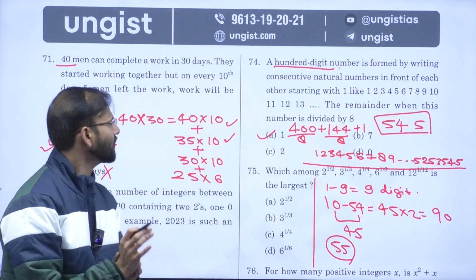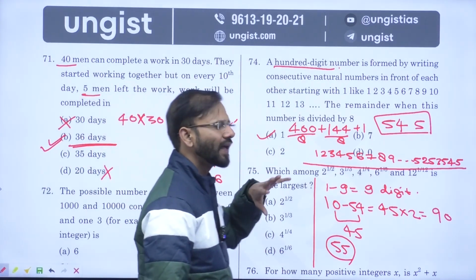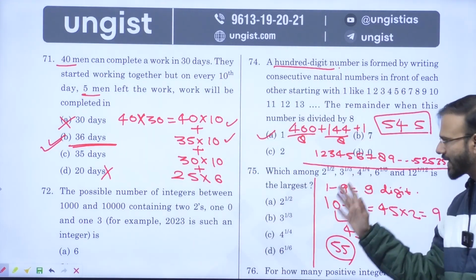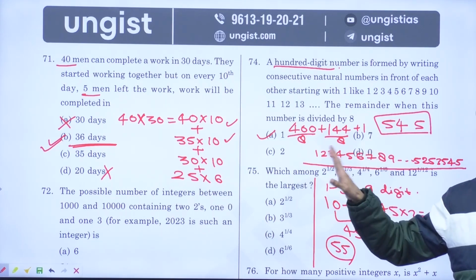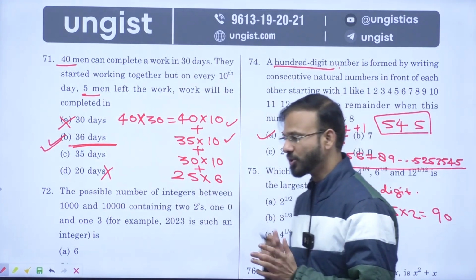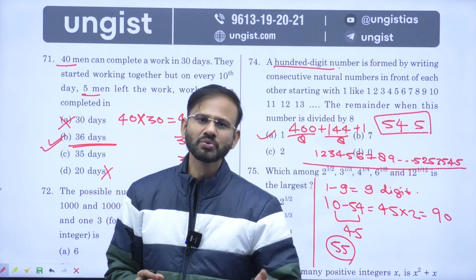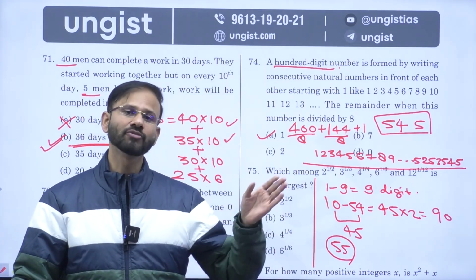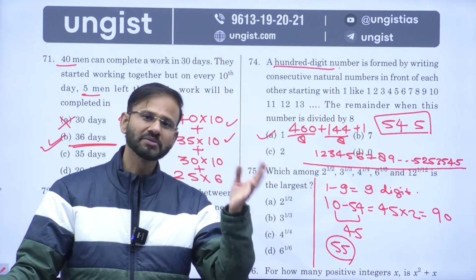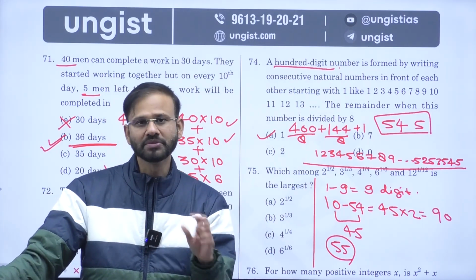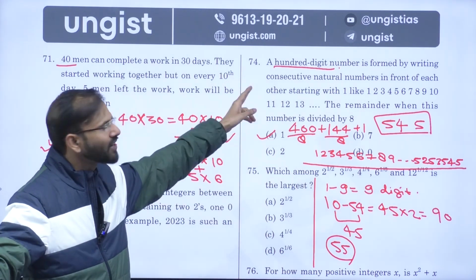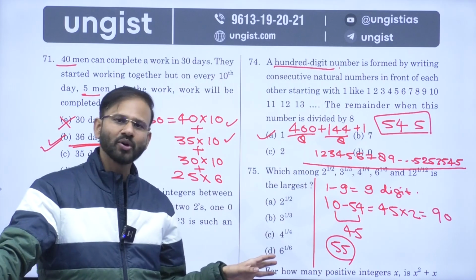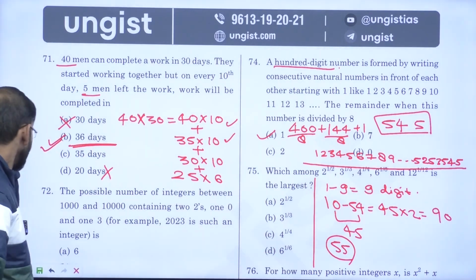Everyone fine? So this question was also an okay question. This was not a simple question, guys, right? But yes, not that tough also. It was a moderate question. But yes, you should know how many digits are used when we write a 2-digit number or a 3-digit number, and when we write from 1 to 100 or from 1 to 1000, how many total digits do we use? These types of questions UPSC has asked earlier. So that's why I am putting these types of questions in our mock. Okay? After that,